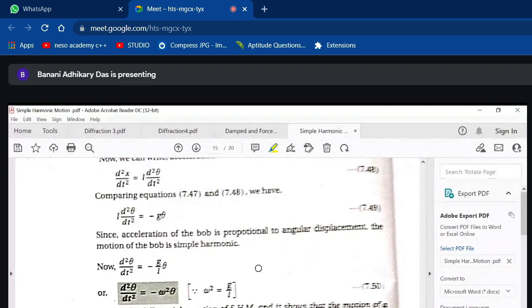T is equal to 2 pi by omega. So you get your familiar expression: the time period T is equal to 2 pi by omega, which gives T is equal to 2 pi into root over L upon g, because the omega is in the denominator. Now, I know these things are very clear to you, very common, nothing new.